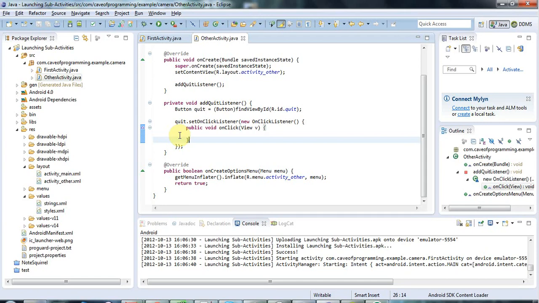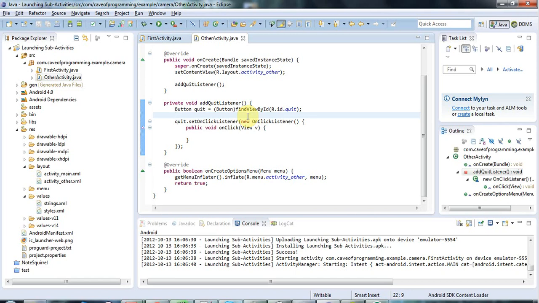So a sub-activity is where you launch another activity and then that activity somehow quits and you come back to the original activity that you were in. And the motivation for this is that I thought it would be good to add to my Note Squirrel application the facility for taking a photograph and then using that photograph as the image in my application. So we're actually going to work towards using the camera and taking photographs, but there are a few more things that we need to know before we can do that, and we're going to look at one of them